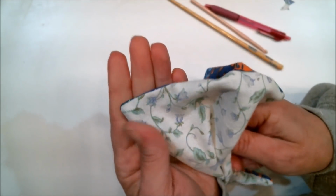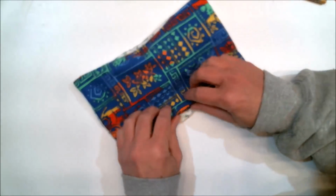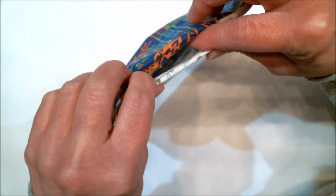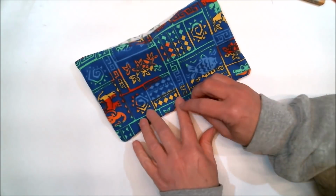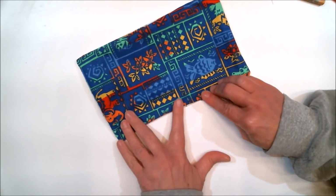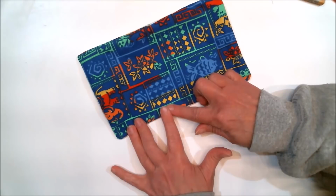So once you get all the corners all done looking nice, you are going to take this, and where that opening is, those pieces will fold in nicely to match up with where the seams have been. Those are going to fold in just like that, and you can go iron that flat, and then you can go stitch it with your sewing machine right along there,